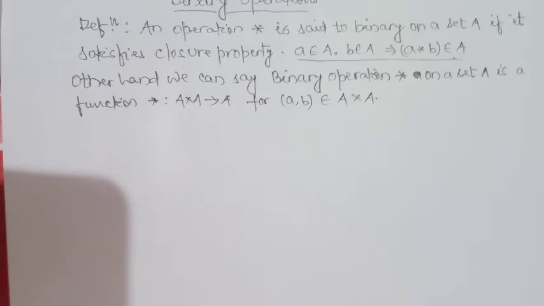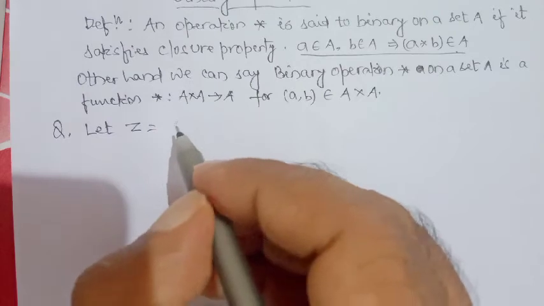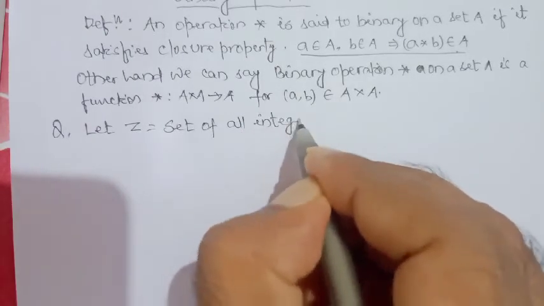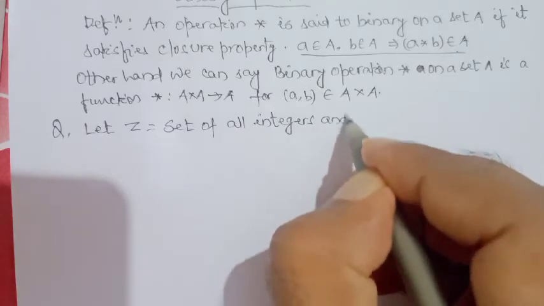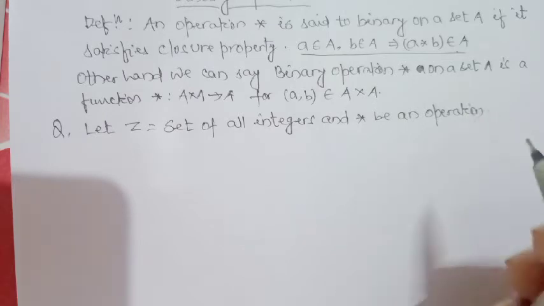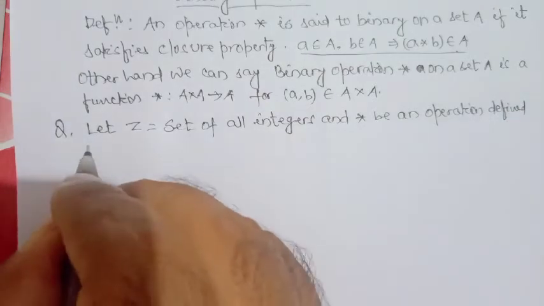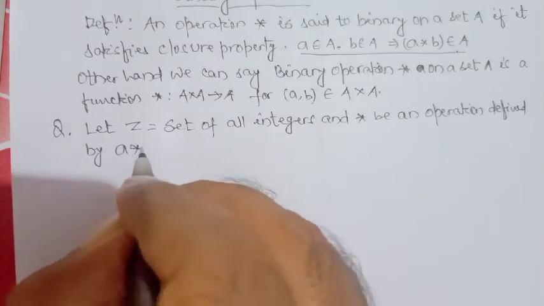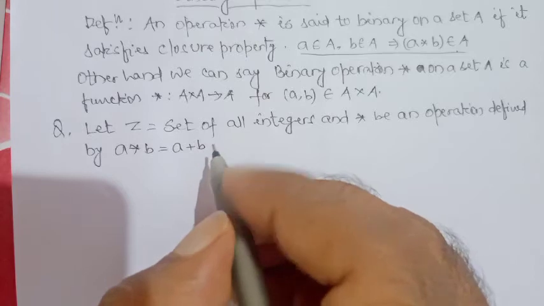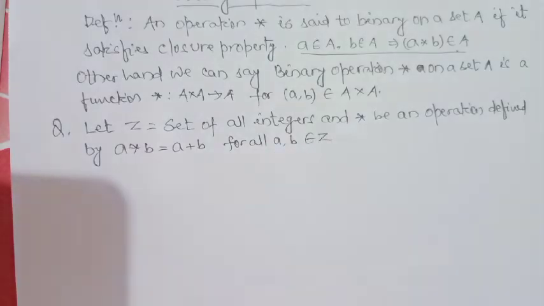Now see a question. Let Z be the set of all integers, and star be an operation defined by a star b is equal to a plus b for all a, b belongs to Z. Then